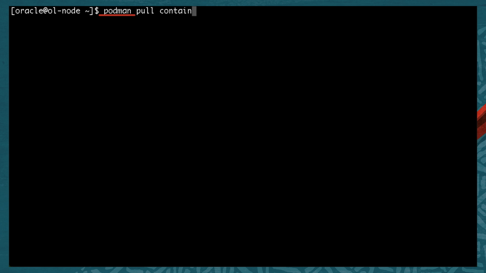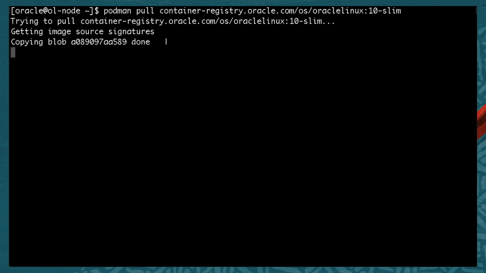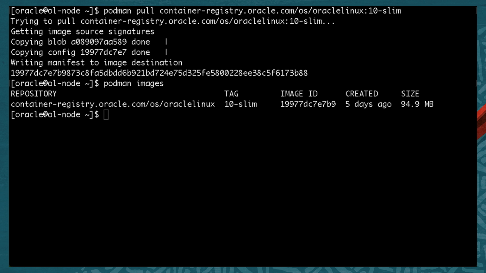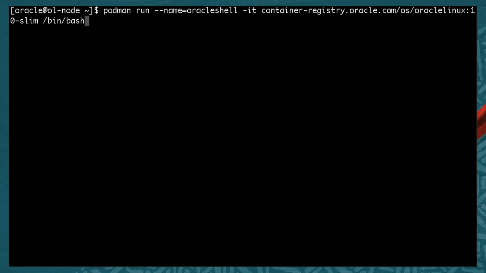podman pull container-registry.oracle.com/os/oraclelinux:10-slim. Wait while it downloads, then confirm it has downloaded locally by typing podman images, which lists all of the containers on this instance. Next, start the container and open a shell by entering this command: podman run --name=oracleshell